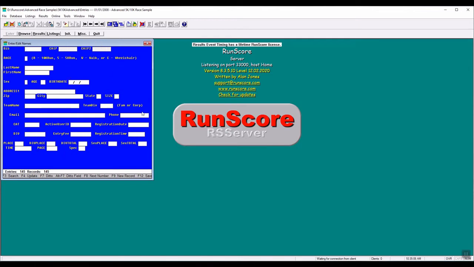This is defined by the .frm file that creates all the fields and everything else that are stored in the entries.dta. The DTA is the database that has all of the records for your race. If I page down to go to the first record, we'll notice we have a bib number, a chip number, all the information for that person. And we have a lot of additional fields down here that are handled by updating with the